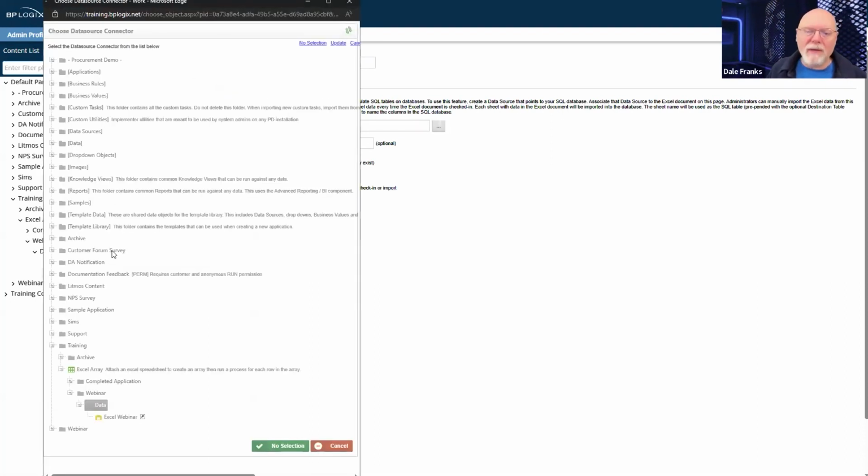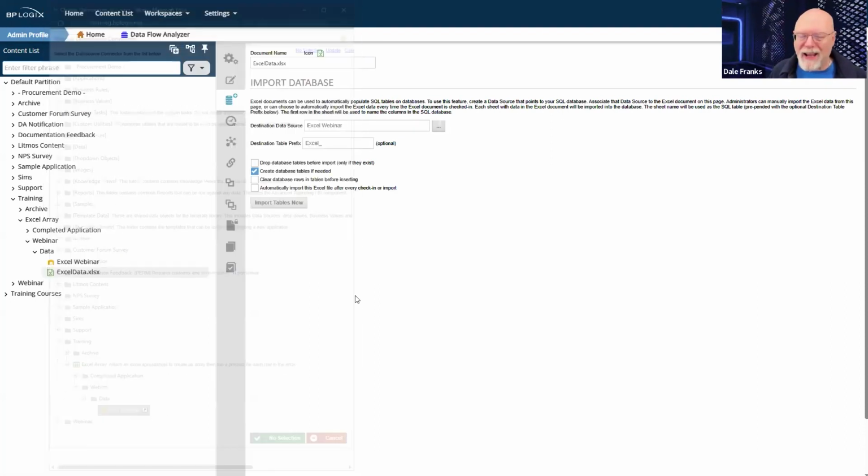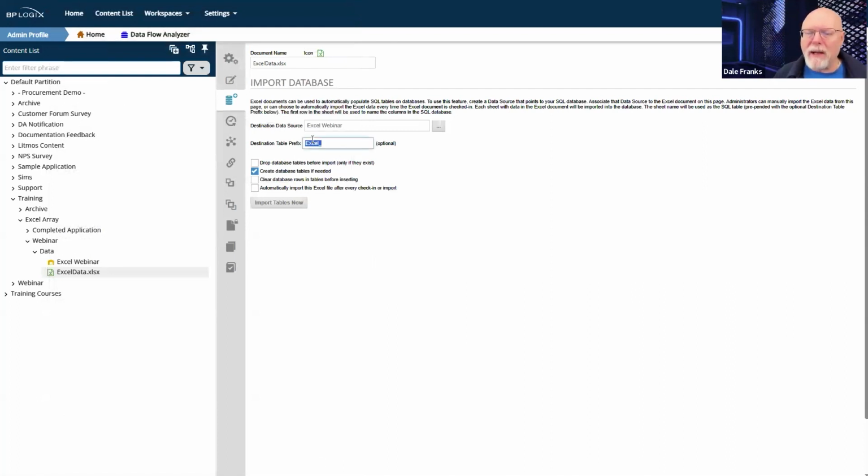So obviously I've got to connect to my Excel webinar data source. So I'm going to do that. My destination table prefix, I don't want to be Excel. I want it to be webinar underscore. That's fine. And then I've got these properties here. This is now where it's going to start getting a little bit confusing.